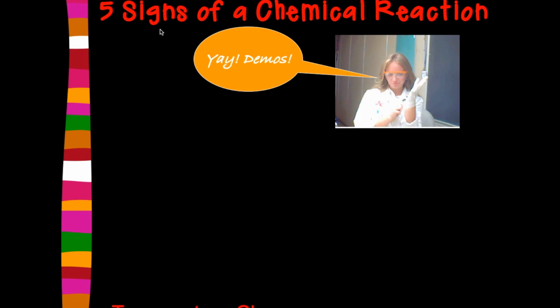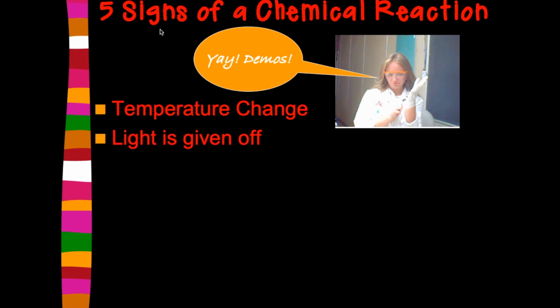5 signs of a chemical reaction. The first one was temperature change. And remember, it happened on its own. I didn't add any heat. I just mixed chemicals together and they started to change their temperature. Light given off. So again, this is when the chemicals themselves are releasing energy in the form of light and